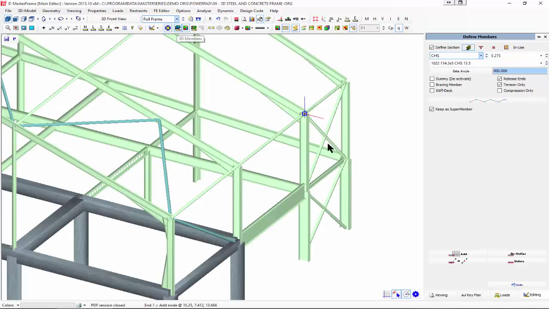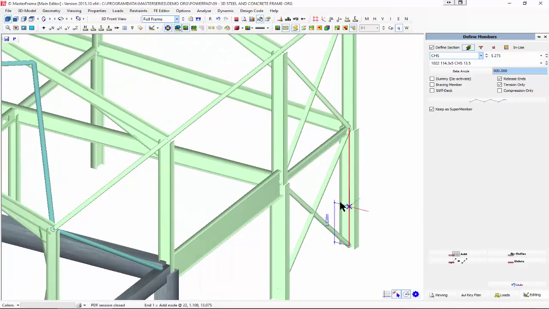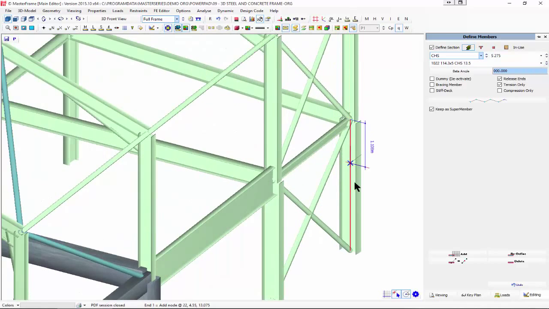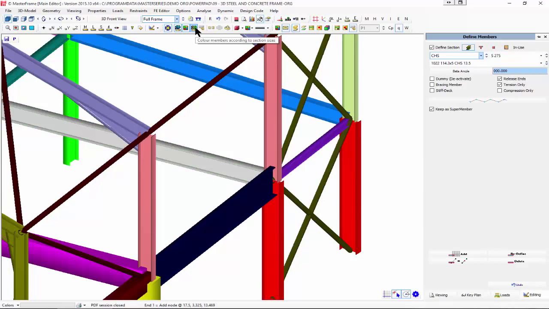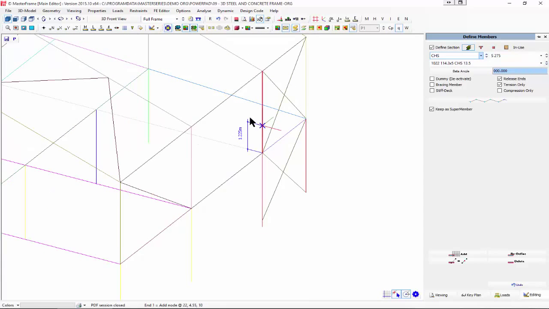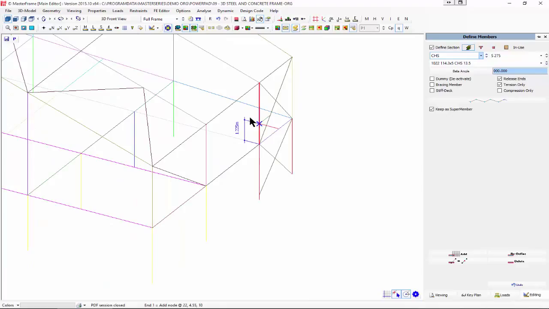And if I show it in 3D, we will see that I've got my trusses, and I've got two different column sizes, which might be a bit of fun to create, and our bracing in here. And you'll see even in the color schemes that they're all different sizes and the likes. So that's putting in members between nodes, but clearly you still also want to put in members between other